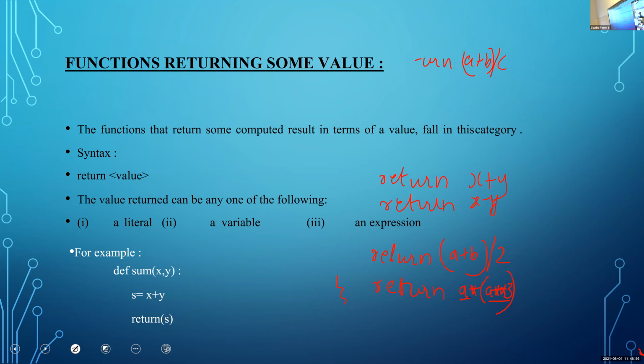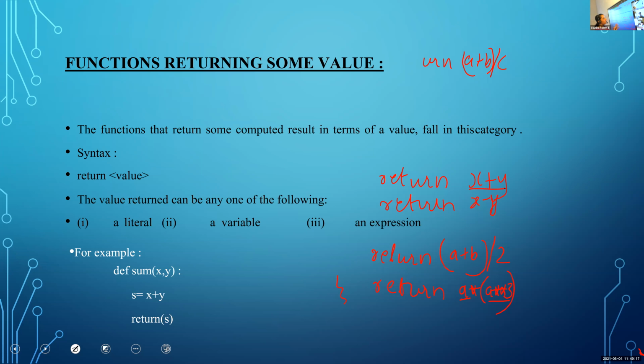All these are literals or constants. Then in the case of variable, we just write the variable name. Return x, return y, return sum, return sub is an example for variable. Then in the case of expression, write the expression here.